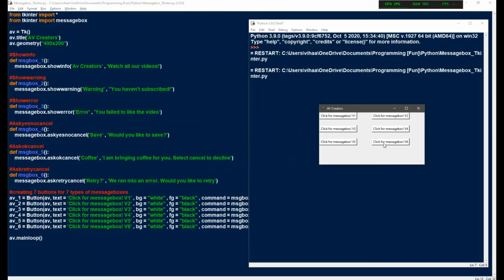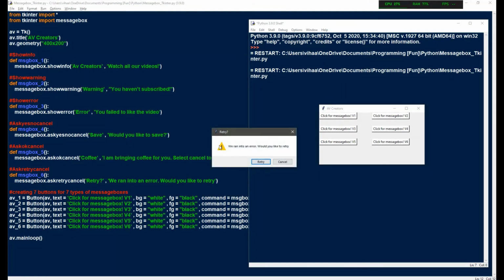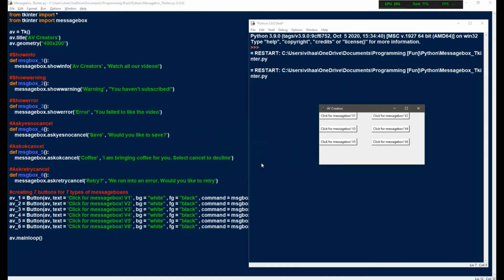And the sixth one, the last one, ask, retry, cancel. So again, we have the same icon which we had for the show warning, which is the warning triangle in yellow with an exclamation mark. So here the title content is right, and the options are retry and cancel. So I'll just click retry.